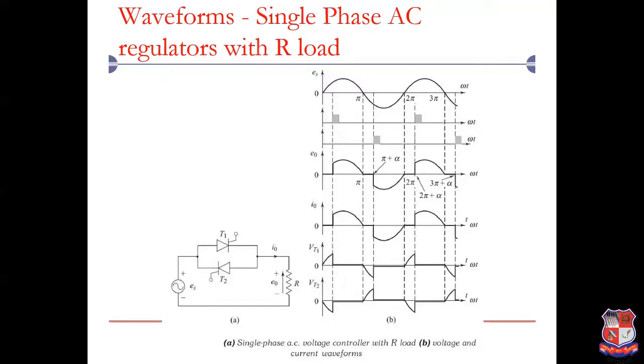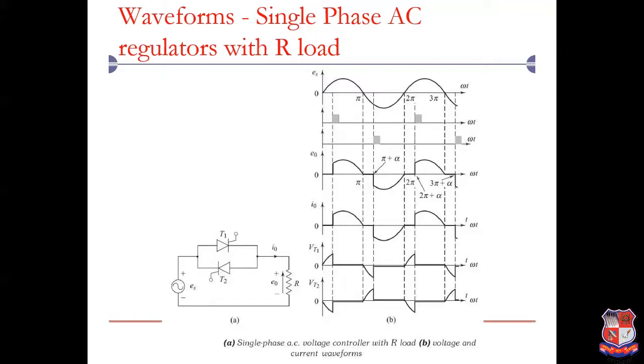This shows a full bridge AC controller, AC regulator with resistive load and the waveforms. The first waveform, the upper one, shows the supply waveform. The second waveform is pulses given to thyristor T1. As we are using resistive load here, we can apply a single pulse to turn on thyristor T1 as well